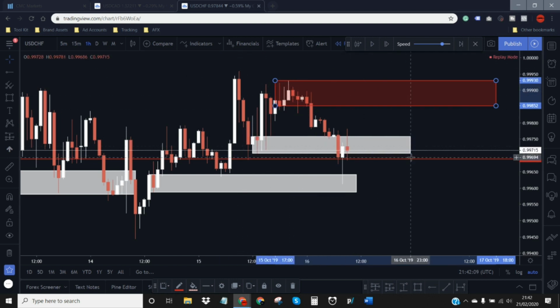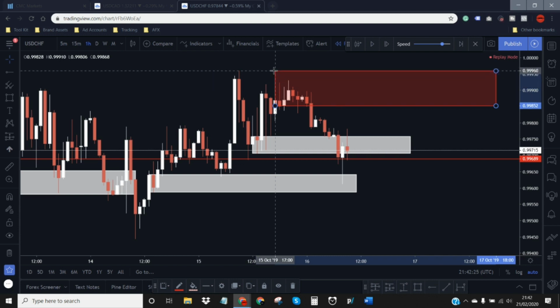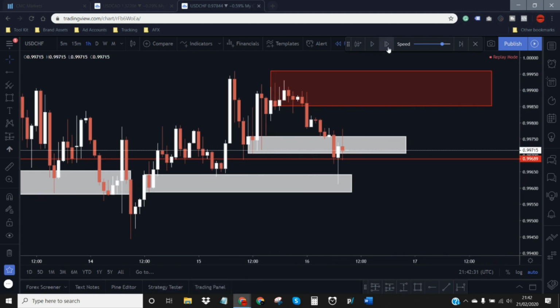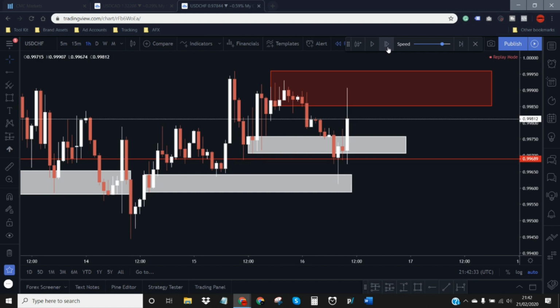So price will just continue moving up. If there's a long wick just before this basing area, I would be very, very cautious. But in this instance, we haven't got much of a long wick here. We've got a high just before it. So what I would do, just to be cautious, is move this just to that high up there, just to be safe. So now let's play the event chain, and we have entry,